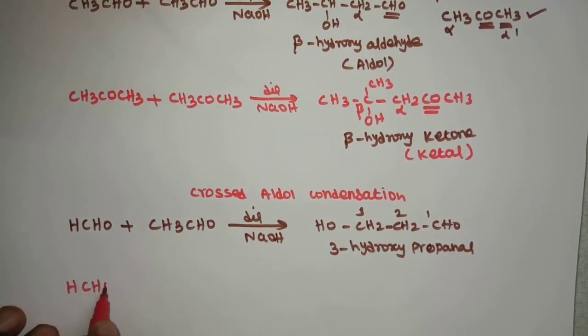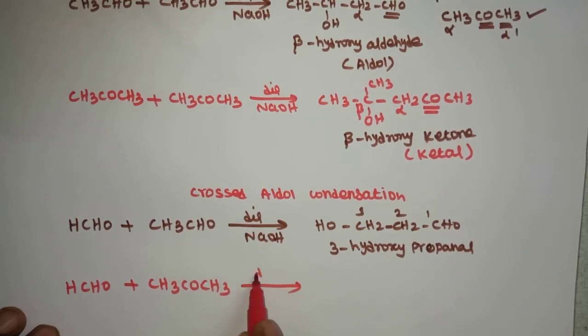HCHO is formaldehyde. Formaldehyde reacts with acetone, CH3COCH3. The name of this compound is acetone. In the presence of dilute sodium hydroxide, it forms 4-hydroxybutan-2-one,